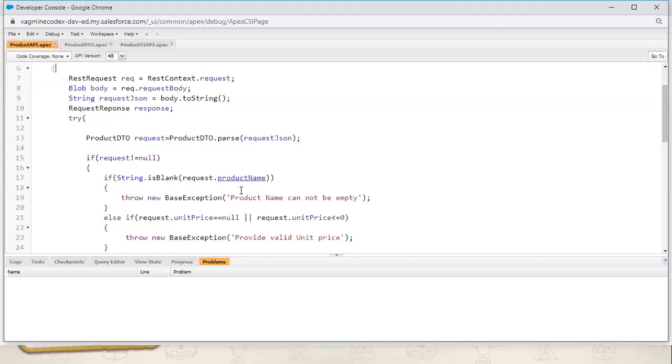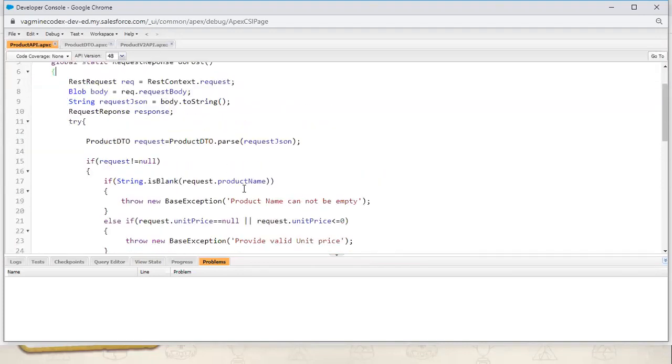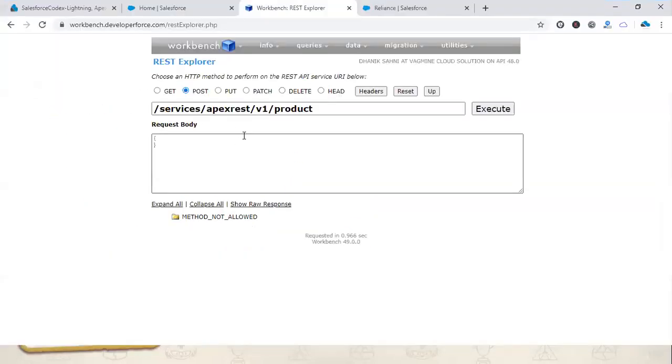Let's see an example. I'm just giving an action on this post method. What error am I getting? You can see I have not added any JSON request data, but I am getting a proper response: 400, looks like the product name has not been entered. Every API request, whether post, put, or patch, should validate whatever request is coming. You should not do any operation blindly.